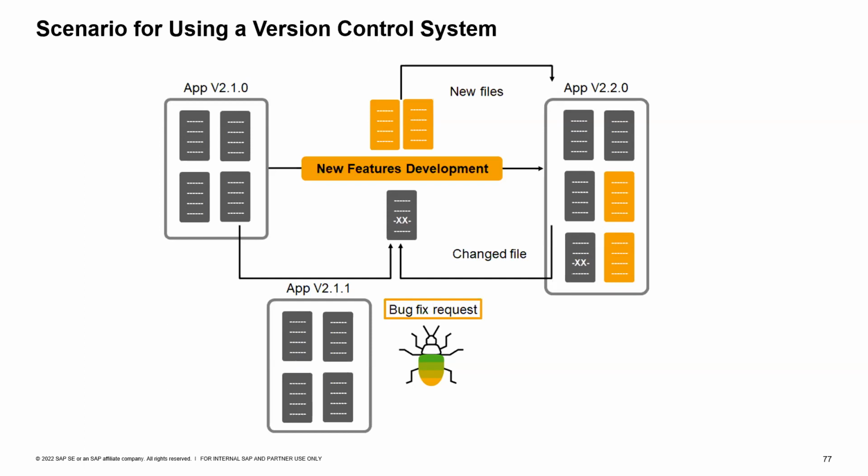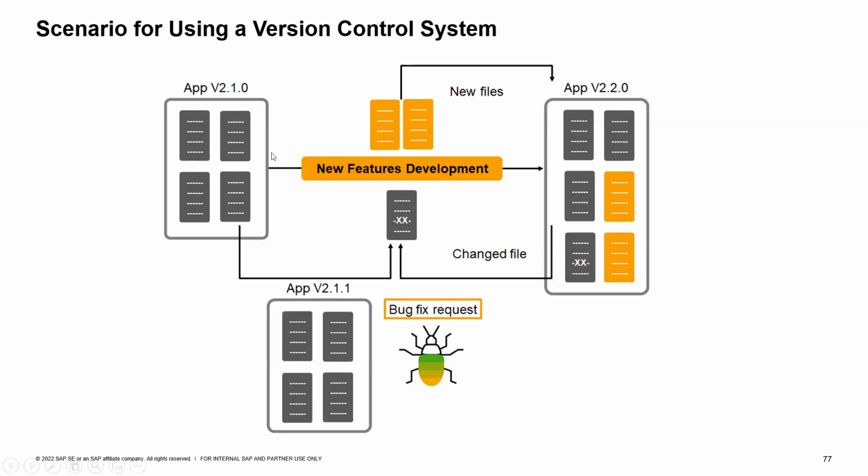So let's think about a Cloud Foundry application itself. This application has different modules, which are the HANA database module, UI module, control flow modules, and so on. They consist of a number of files organized in different folders. Now suppose the last release version of the application is version 2.1.0, and you are currently preparing new features for the upcoming minor release version 2.2.0, which is scheduled to release in a few weeks.